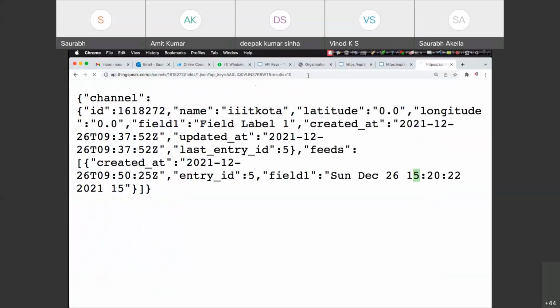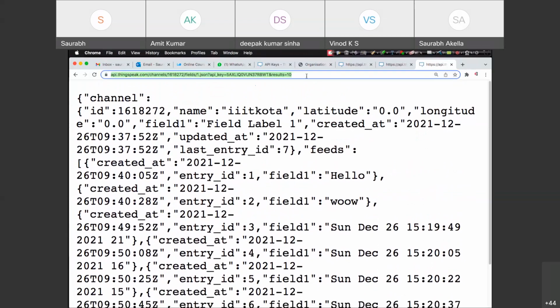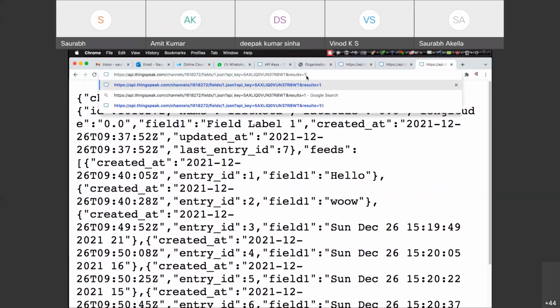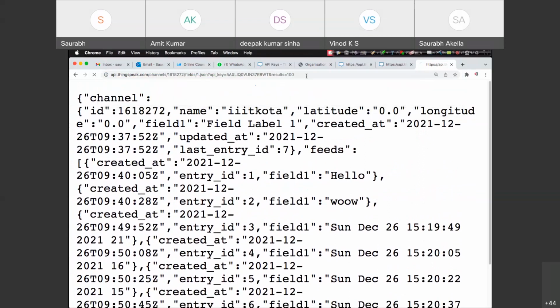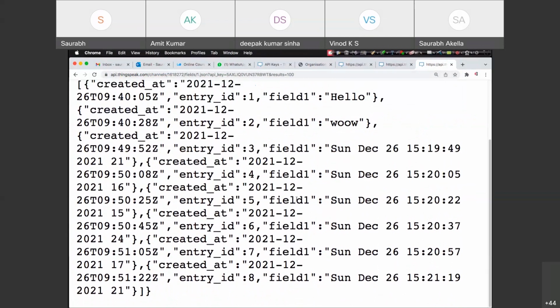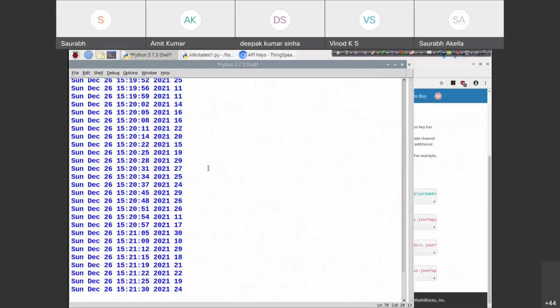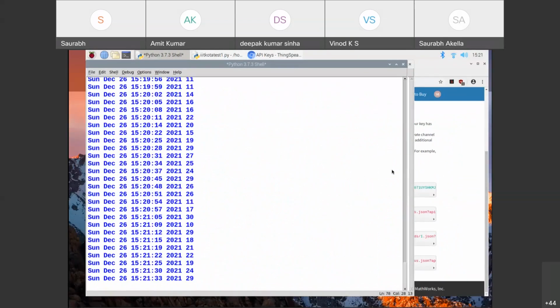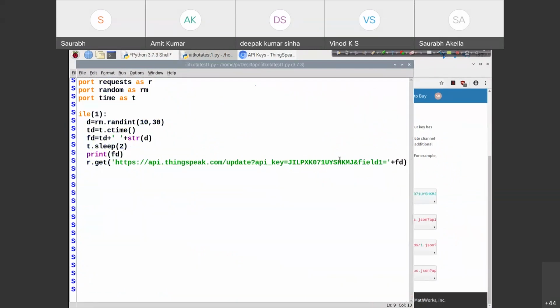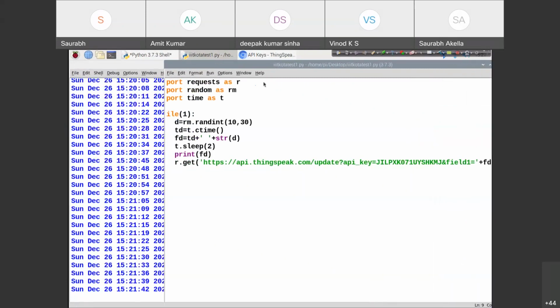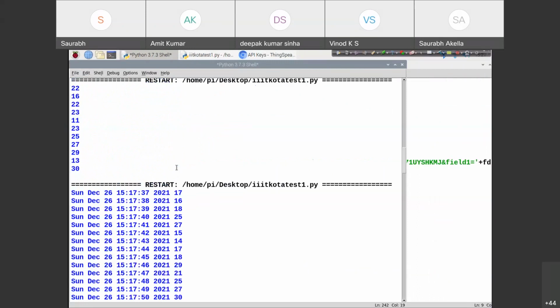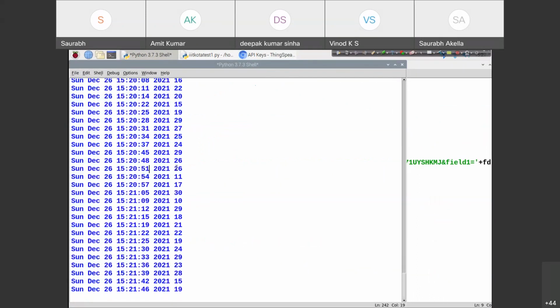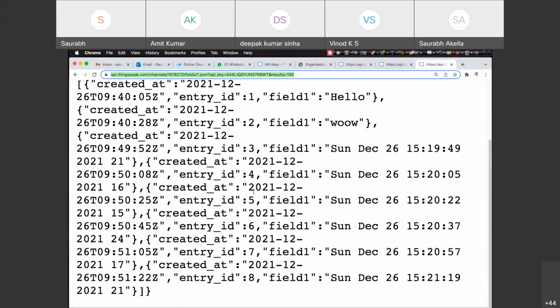You can have 10 values to check, no issues, right? You just need to change this number. I have just randomly written here 100, right? So depending upon how many values we have, it can be returned back. And one more thing, right? If your response time is quite high, right? So some of the values are going to be missing here. Now you can see we have sent a couple of values here, right? But at this side we have just 3, 4, 5, 6, 7, overall 8 entries available.